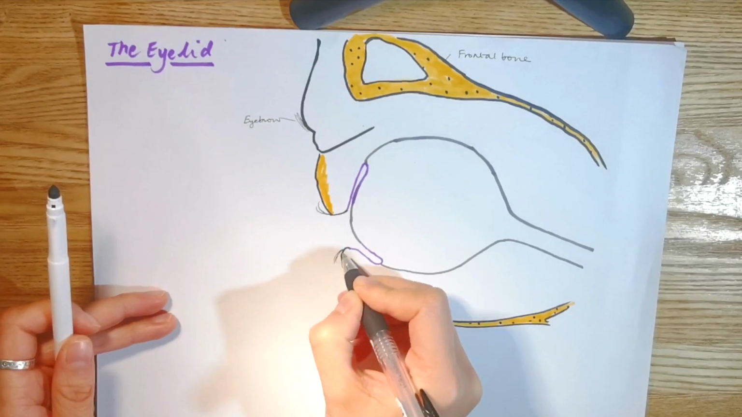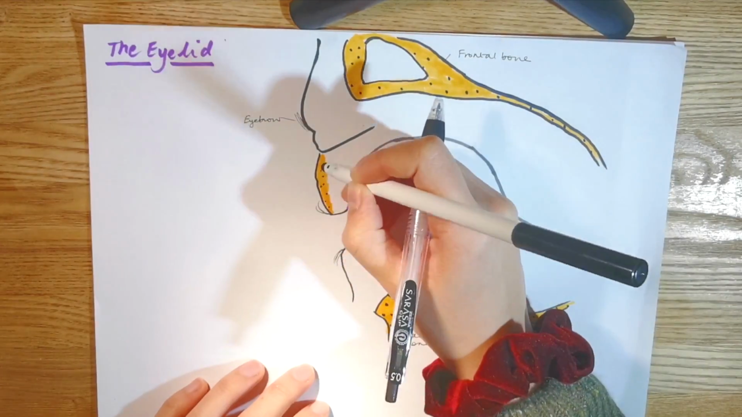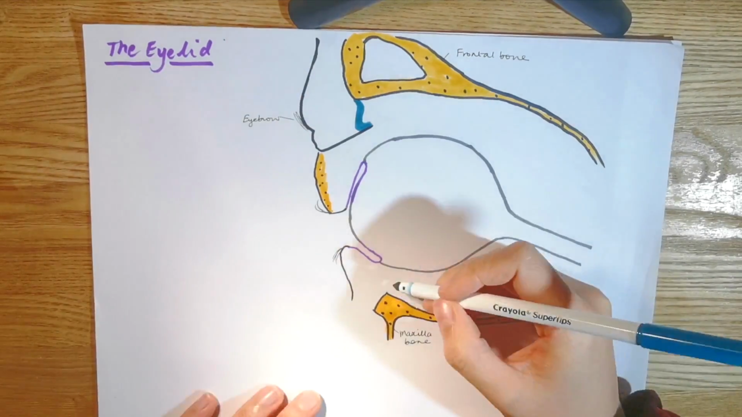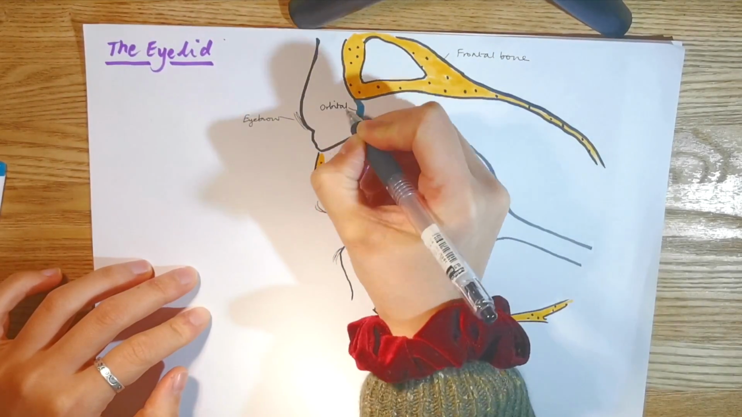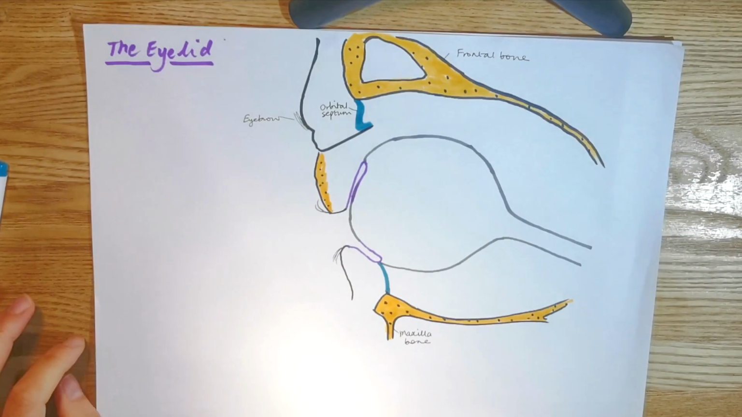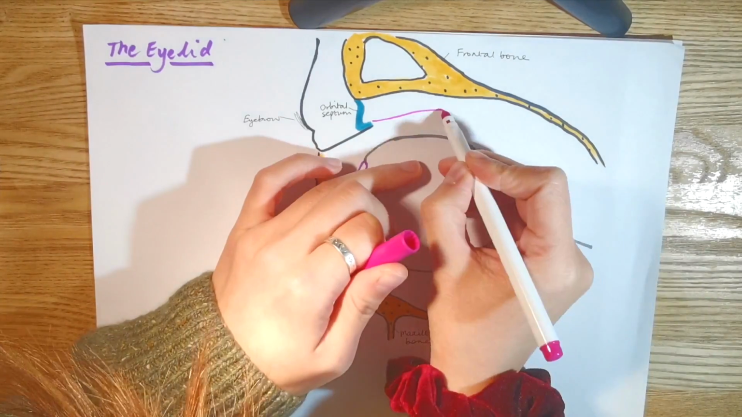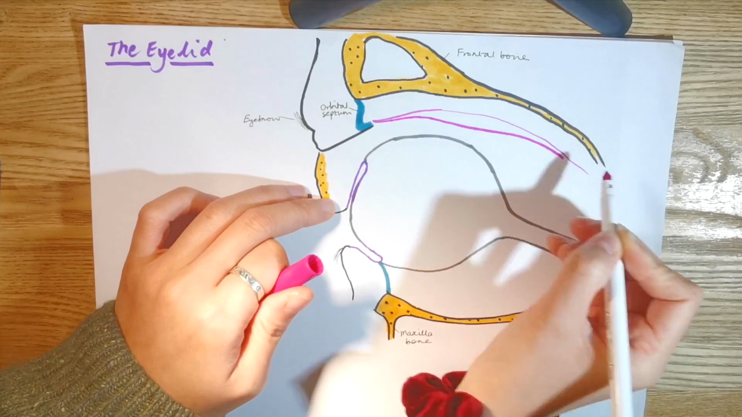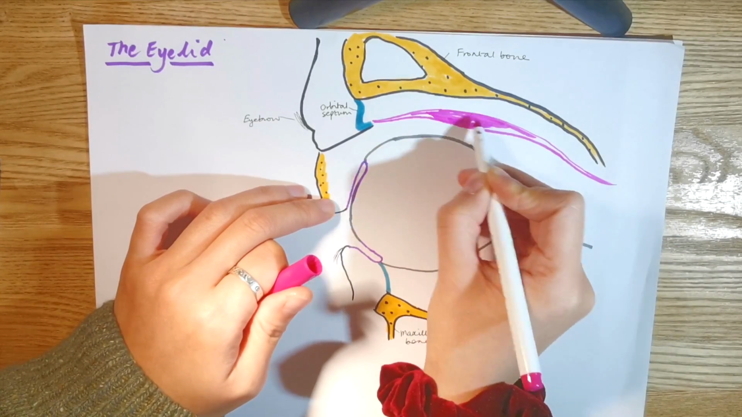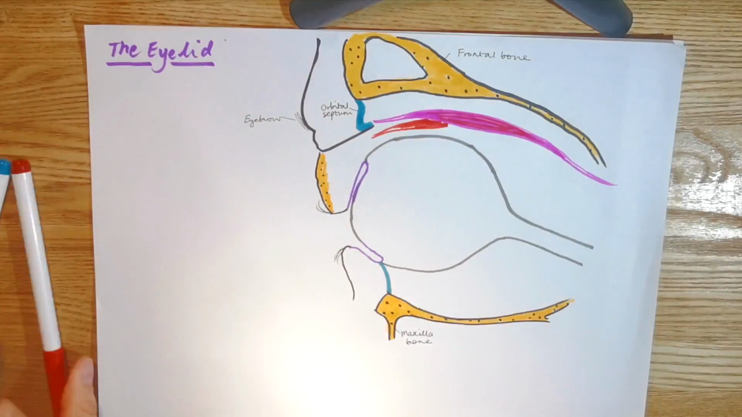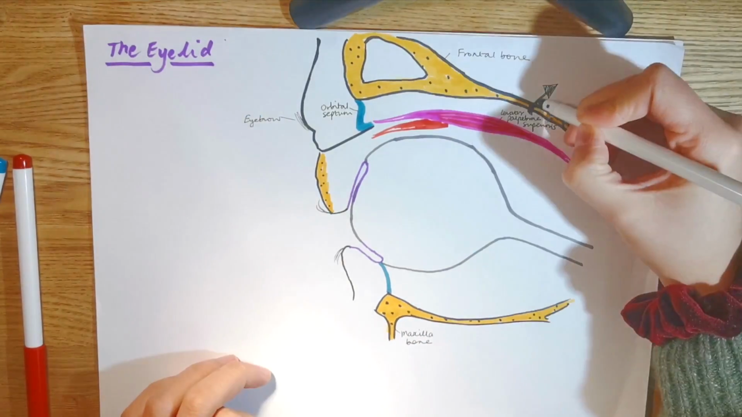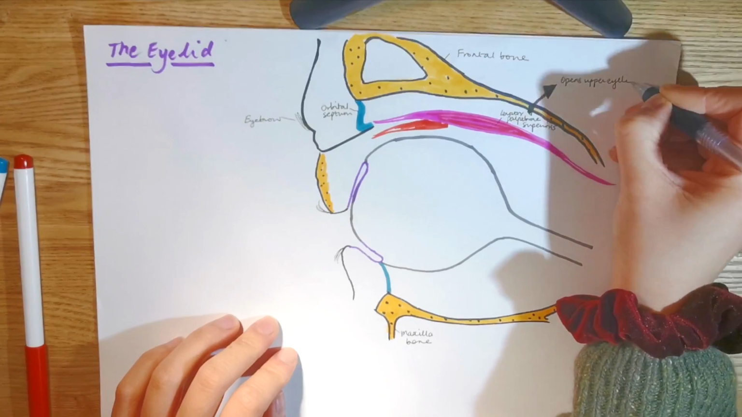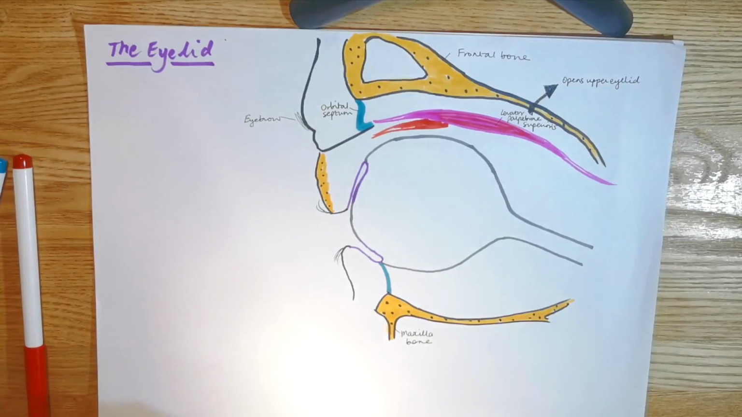And the orbital septum here is what separates the orbit and the eyelid. So it's particularly important when we're thinking about orbital cellulitis, which we will talk about later. And above the eye here is the levator palpebrae superioris, and it is the one that opens the upper lid with the superior tarsal muscle, otherwise known as the Muller's muscle, and it is innervated by sympathetic fibres from the